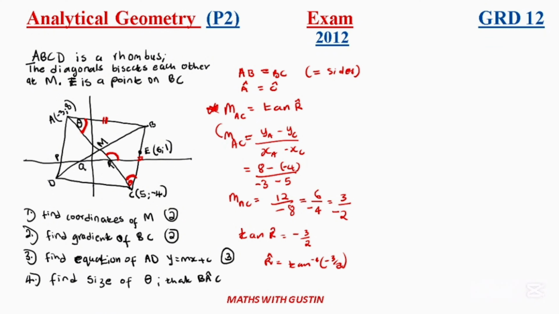You can also pause the video to see if we are on the same page. Shift tan, in brackets negative 3 over 2, then you close the bracket here. It is giving us negative